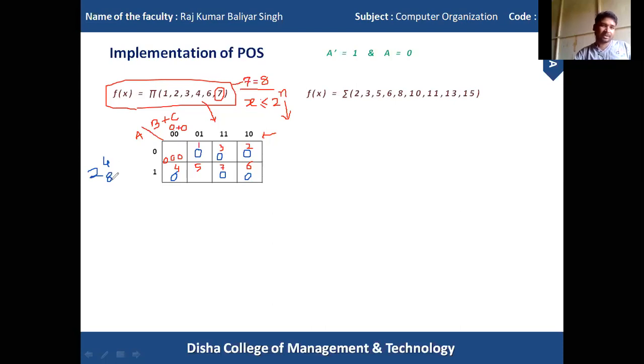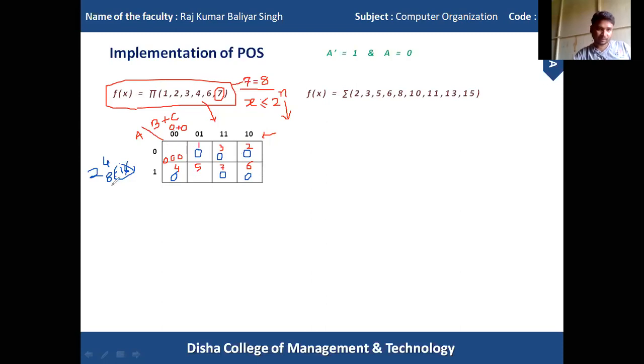One peculiar thing is that in a 3 variable K-map, the highest number of cells that can be combined is 8. In a 3 variable K-map we cannot combine 16 cells, so the highest number is 8. First we check whether 8 adjacent cells can be combined or not. There is no question of combining 8 adjacent cells, because these two are not in the active state.